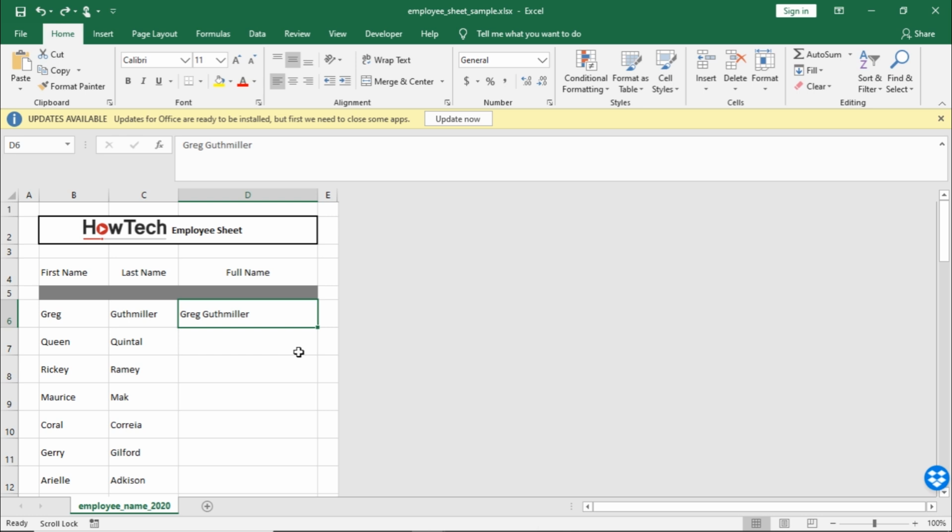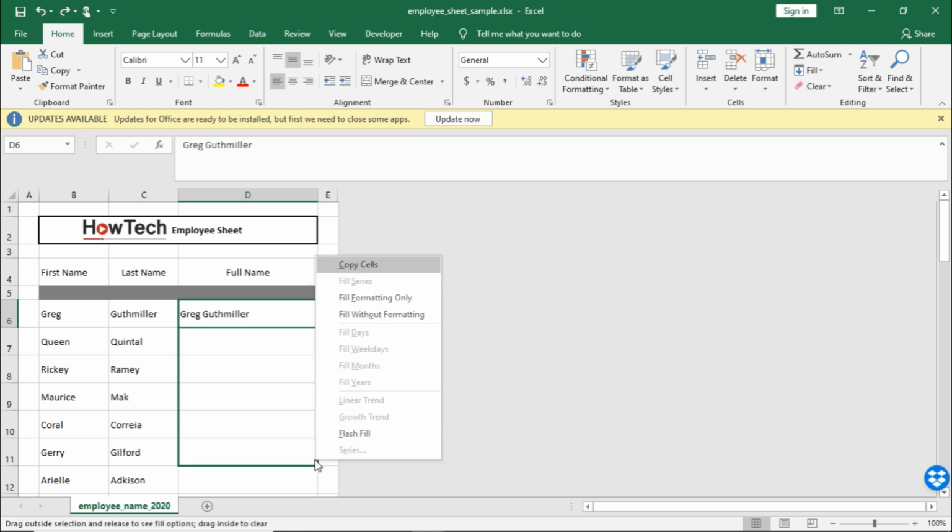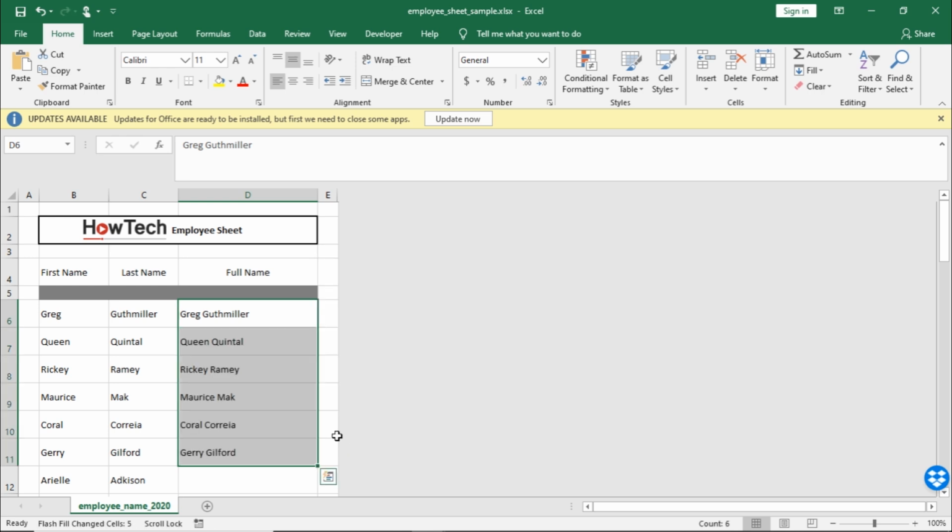Alternatively, once you have established a pattern in the first row, you can select the cell, move the cursor to the corner of the cell, and when the cursor icon changes to a plus sign, press the right mouse button and drag the cursor down to all the cells you want to automatically fill. Once you release the button, a menu will open up. From here, you can select the Flash Fill option,